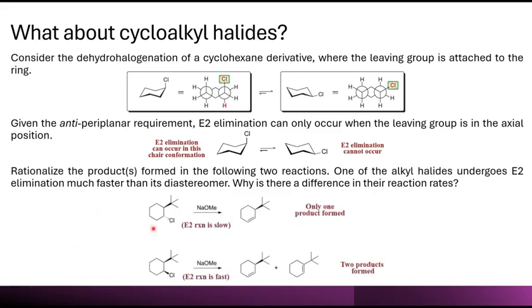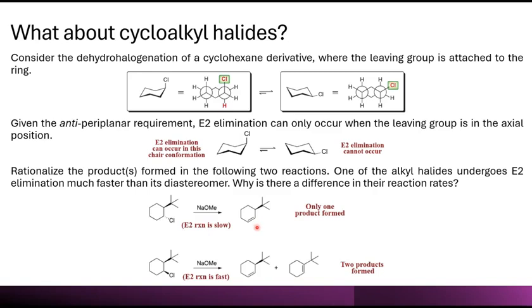Consider the first example. In order for the reaction to take place, we would need the groups to be anti-periplanar. So since this Cl is coming away from us, and the other H here is also going away from us, the Cl here can only be a leaving group with the H that's attached to this carbon on this side. So it's going to be a slow process, and this is the only product that will form because of that